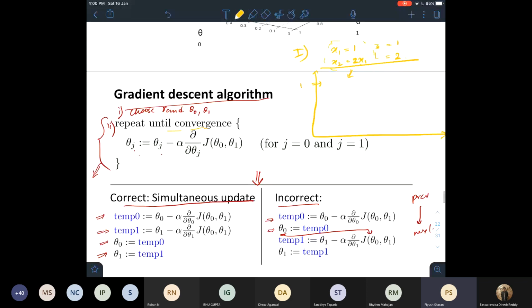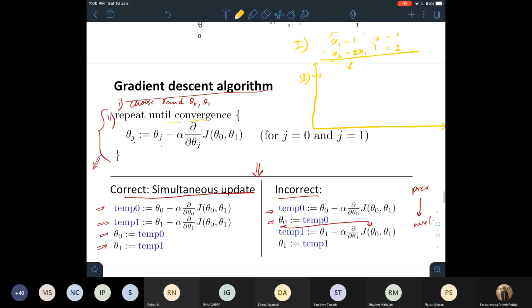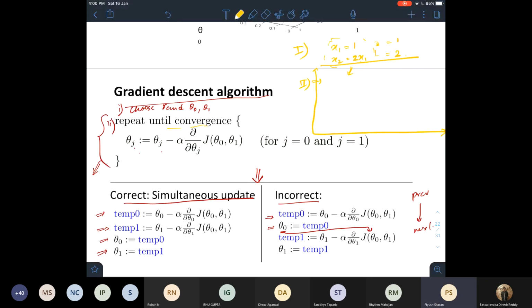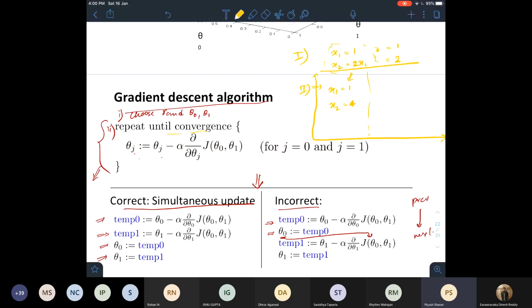So when I move on to the next state, what I want is for the values to be x1 equal to 1 and x2 equal to 4, the square of these two values. But if I don't do simultaneous updates, if I do them one by one, say this was 2 initially. So this is 2 times 4. And I want this to be 2 to the 4 and 4 to the 16. All right, this is what I want for the next state to be.